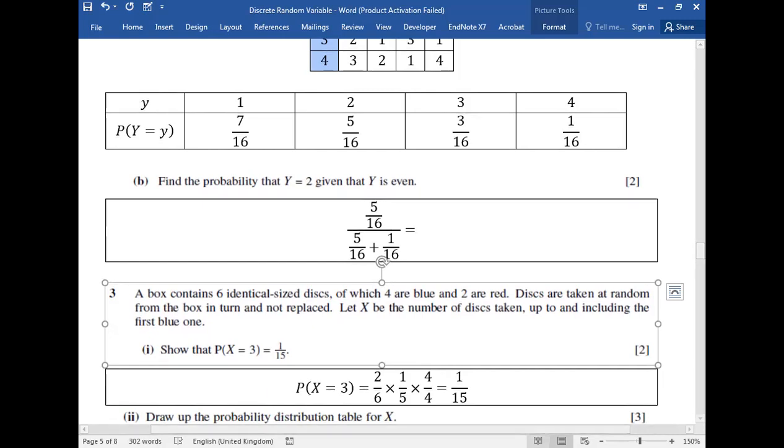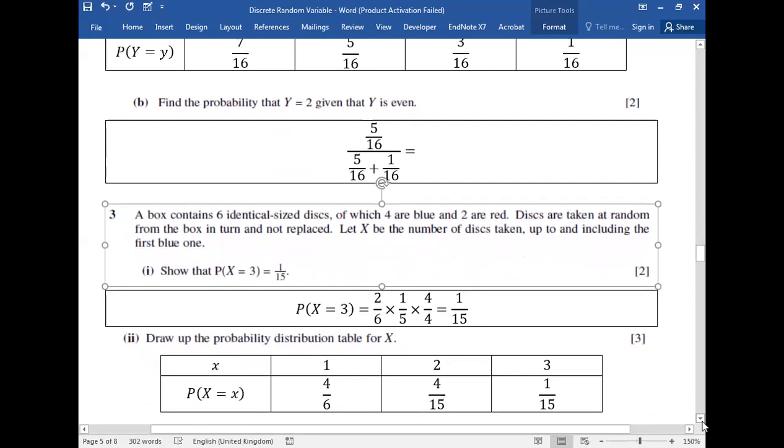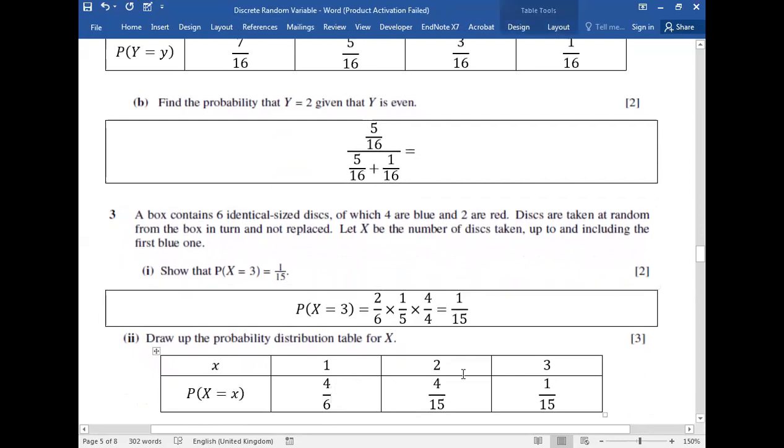So draw a probability distribution table using the tree. So x is equal to 1 when the first one is blue. Its probability you can already see from the tree, that is 4/6. You already know the probability for x equals 3. You can add these two and subtract the value from 1 to get the probability of x equals to